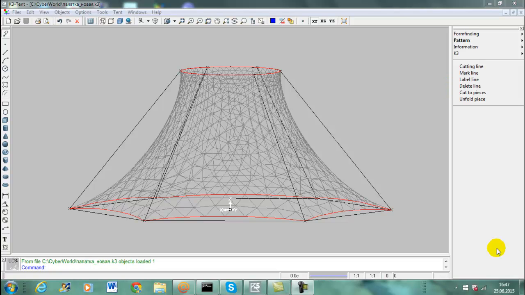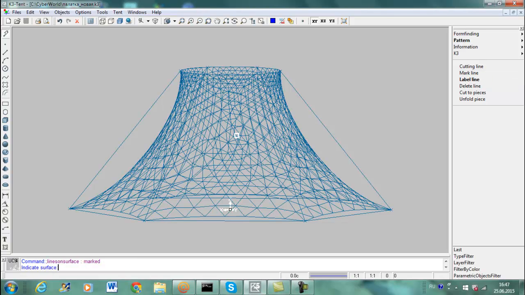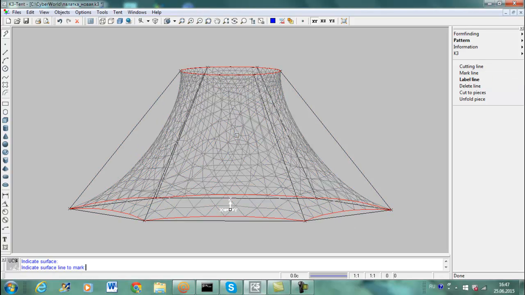The label line function allows subdividing the lines into a set of equal subsegments. We can do it in such a way. Select function label line, indicate the surface, and mark the line to subdivide. For example, this. We can see in the command line the length of the line. If we need to subdivide it into 4 equal subsegments, we type the slash